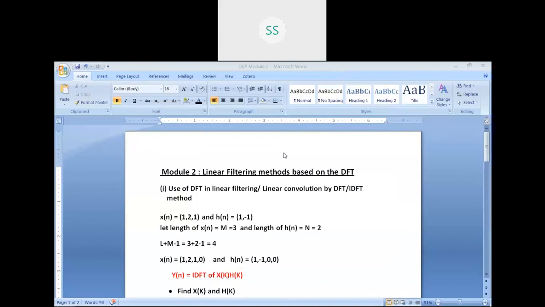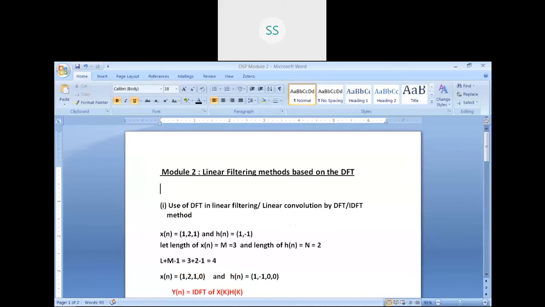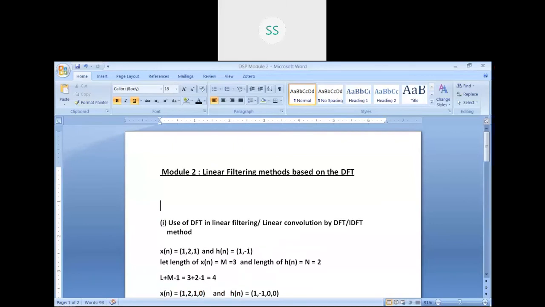So now in this module, it is particularly concerned with the linear filtering methods, and these methods are based on discrete Fourier transforms. Here you know some of the concepts regarding linear convolutions as well as circular convolutions from this subject. Whenever you have x of n and h of n, say for example, assume that